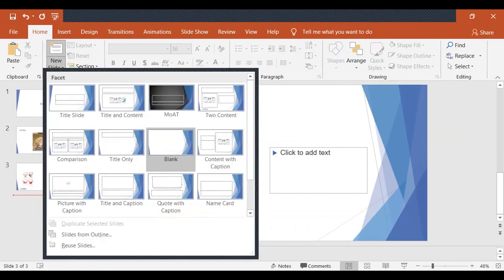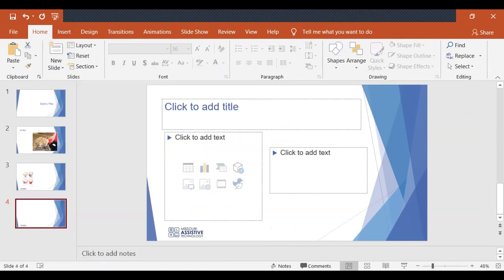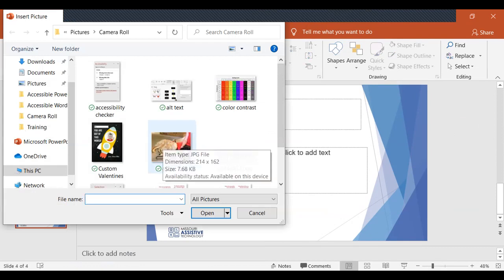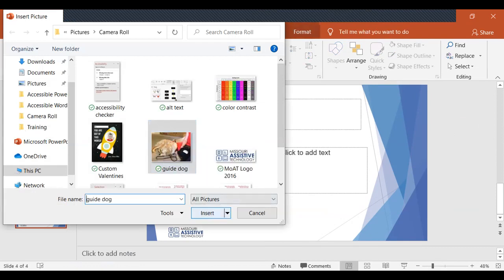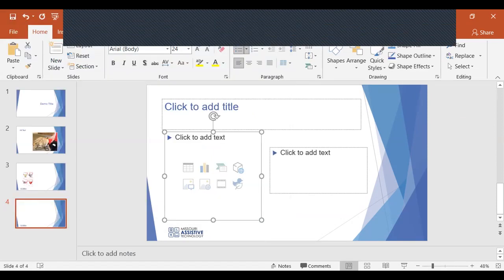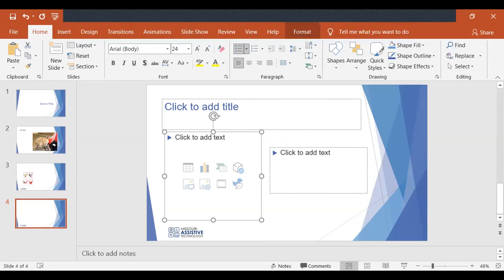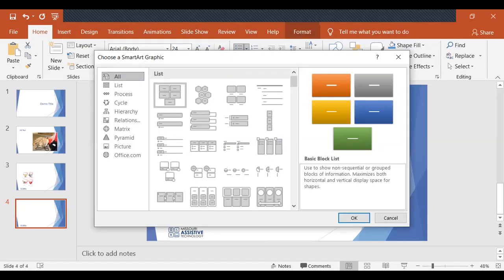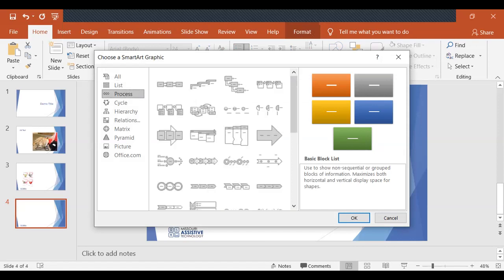One other thing I want to share with you is about grouping images. So in terms of alternative text, again, we're going to go back to the service animal. Let me change this up here for you. What if you didn't want to insert an image? You wanted to insert SmartArt and graphs, things that are already pre-made. You could do that. I'm opening Choose SmartArt Graphic, and I'm looking at the process flow options, and I'm opening up